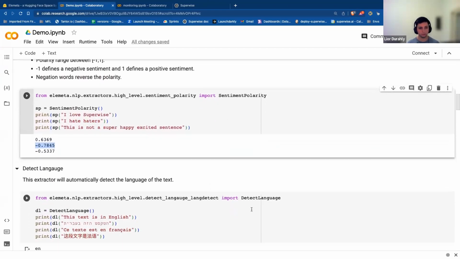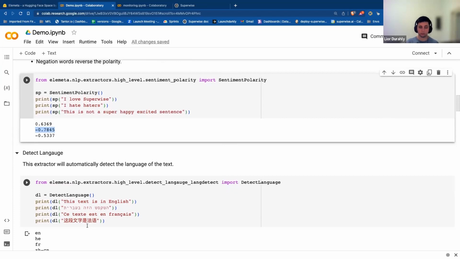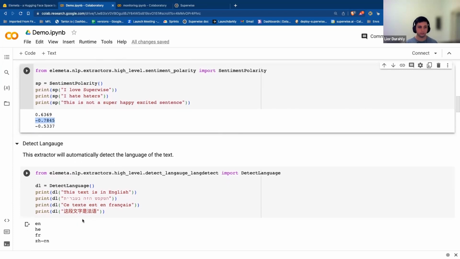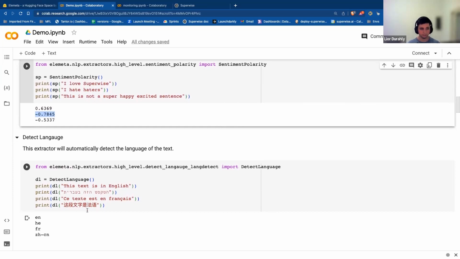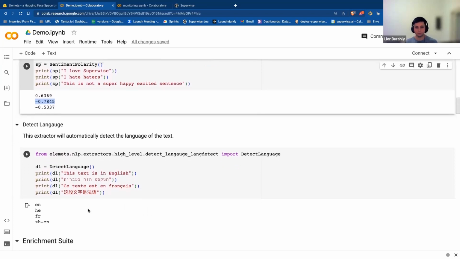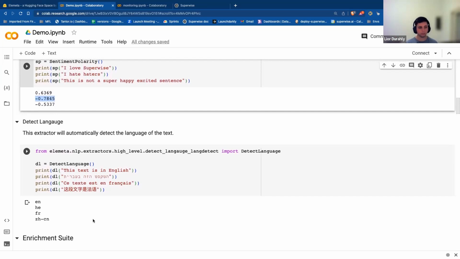Also, here is an example of detect language. This Metafeature is able to take a text and try to detect what the language in the text is. Here it detects English, Hebrew, French, and Chinese. Okay, so we can use every Metafeature as a standalone function and put it in our project,